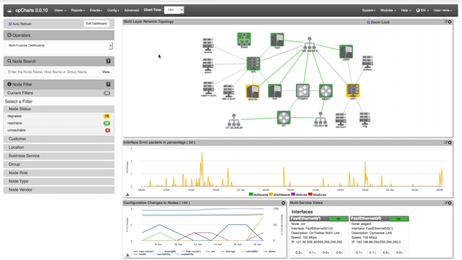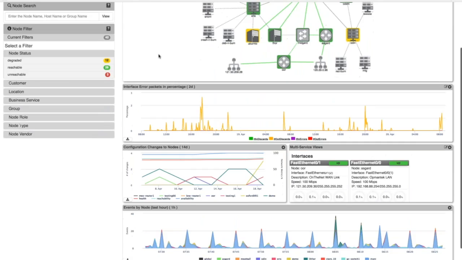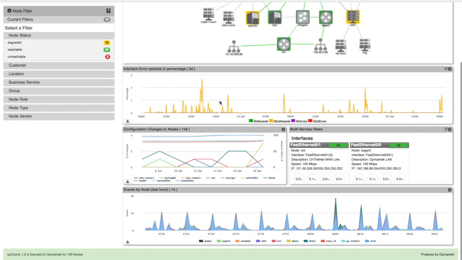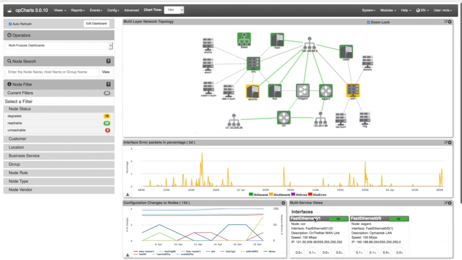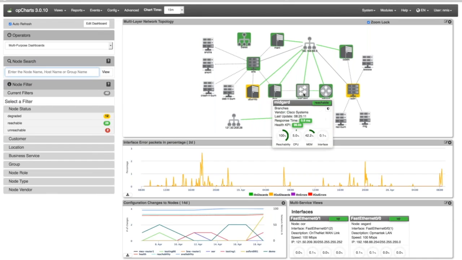Today we're going to be talking about topology mapping in OP Charts. I have open one of our multi-purpose dashboards. You'll see at the top we have a topology map of a portion of our network along with a few custom-made charts, a configuration changes chart, a multi-service view, and a listing of the last hour of events across our network. Many customers have inquired about these topology maps, how they're built, how they work, and how easy it is